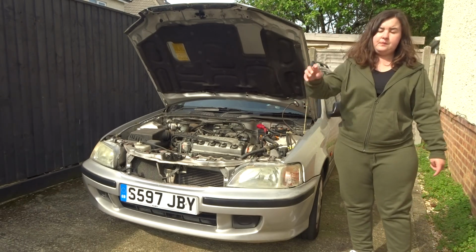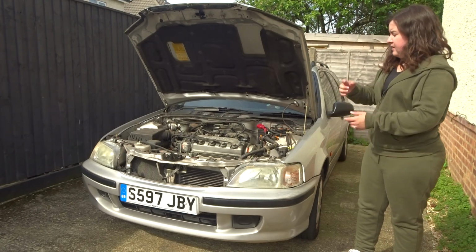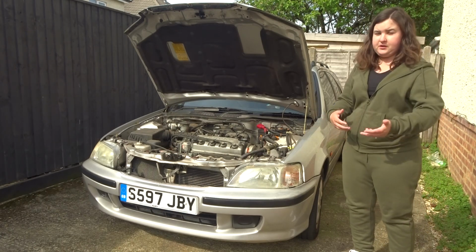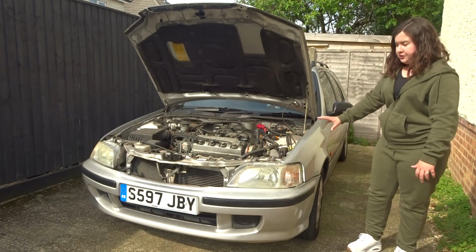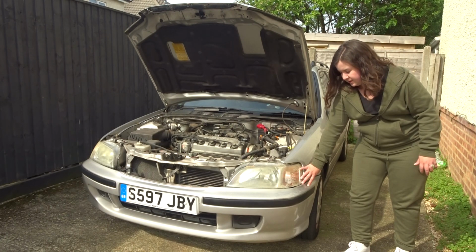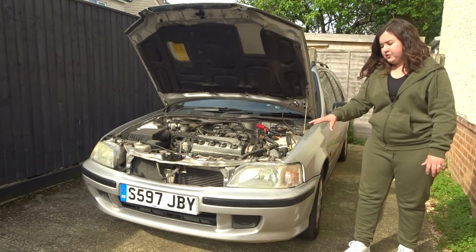Hopefully if you click on the card above you'll see the video where we revealed this, or where I revealed this, shall I say. You would have seen from that video that we actually bought this car with some damage, so that was kind of why the car was also cheap as well. So we had a cracked headlight, which is still here at the moment, and then we also bought the car with a massive dent in the wing and loads of nice grey gaffer tape just stuck on here. I don't know what it was holding in, it was just there and looking awful, really drew your attention to